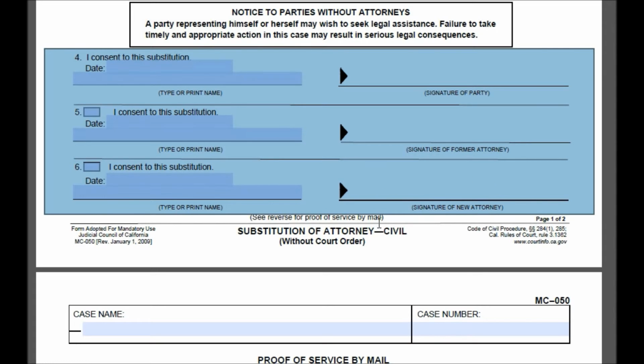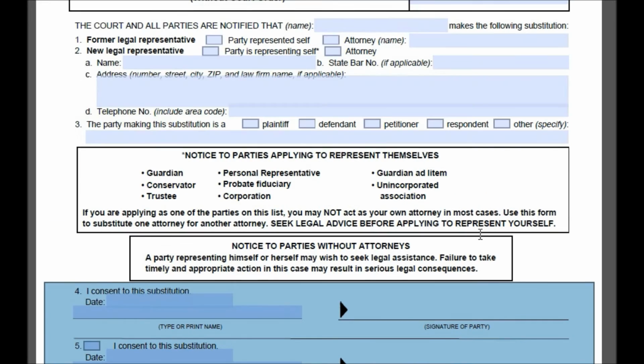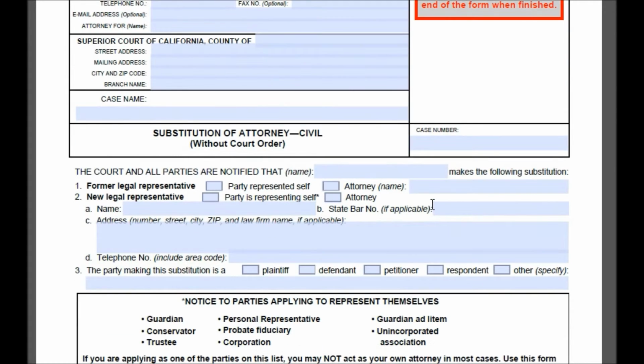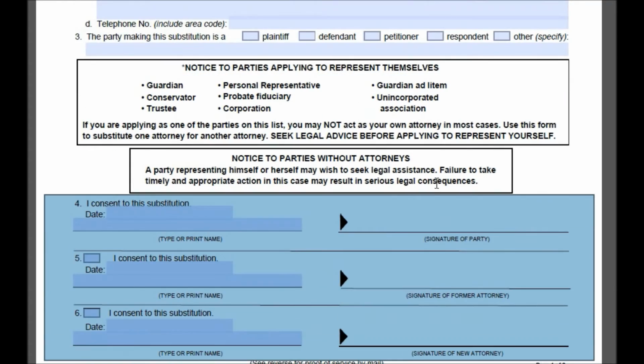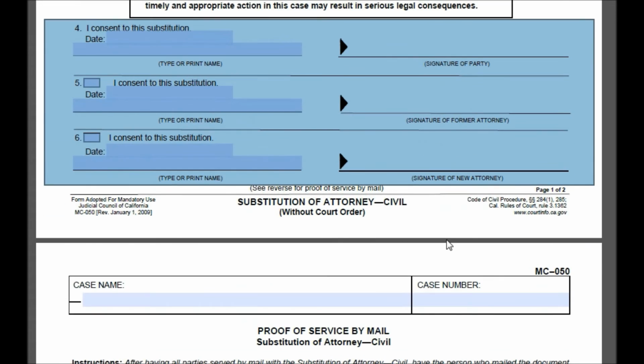So again, I'm going to go ahead and link a couple of sample substitution of attorney forms, and that's going to hopefully make what I just said verbally more clear and less confusing. This form is not complicated, but I think it's not easy, I guess, is the best way to put it, because the same form is designed to handle three different situations. A lot of times people will go, well, I don't understand how this form applies to my situation, particularly, for example, if I didn't have an attorney before, and here it says signature of former attorney. So that's a little confusing to people for no real good reason.